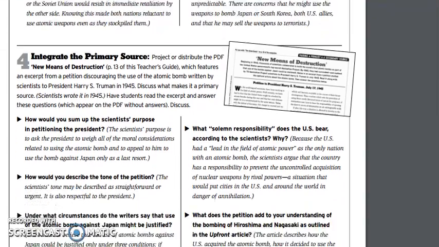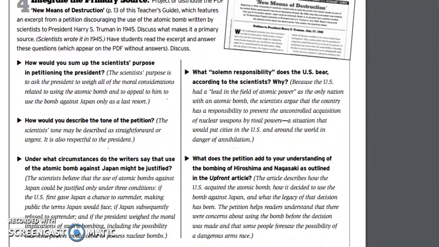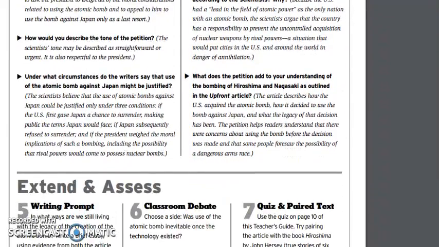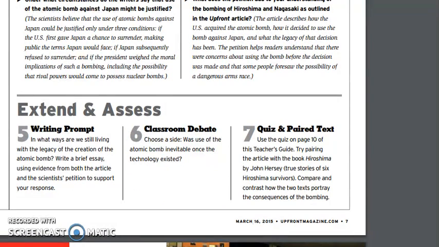And then there's even more questions that you have. How would you sum up the scientist's purpose? How would you describe the tone of the petition? Under what circumstances do the writers say that the use of the atomic bomb might be justified? And these are the same questions that were up at the top, but basically it's giving you a bigger breakdown underneath it. And then one thing I like the most is the extend and assess